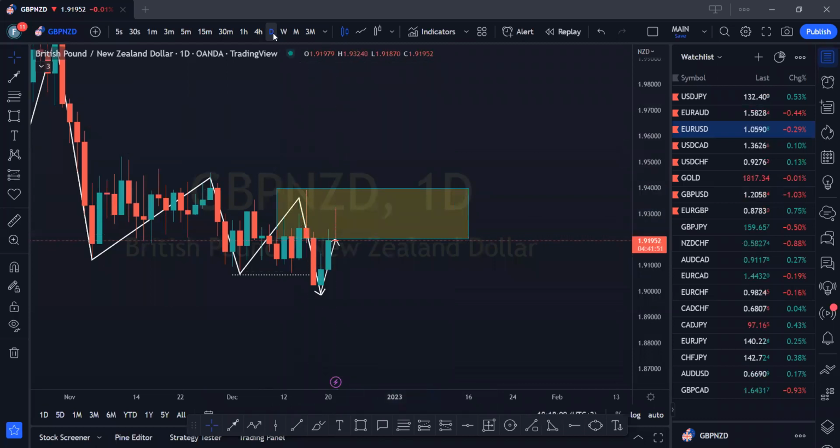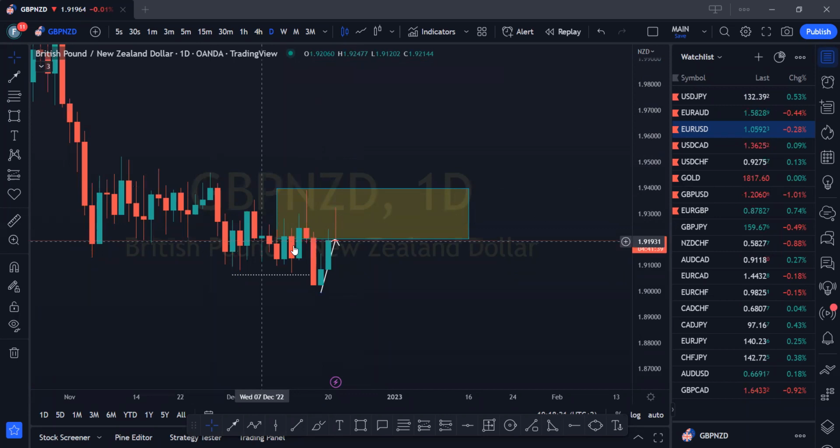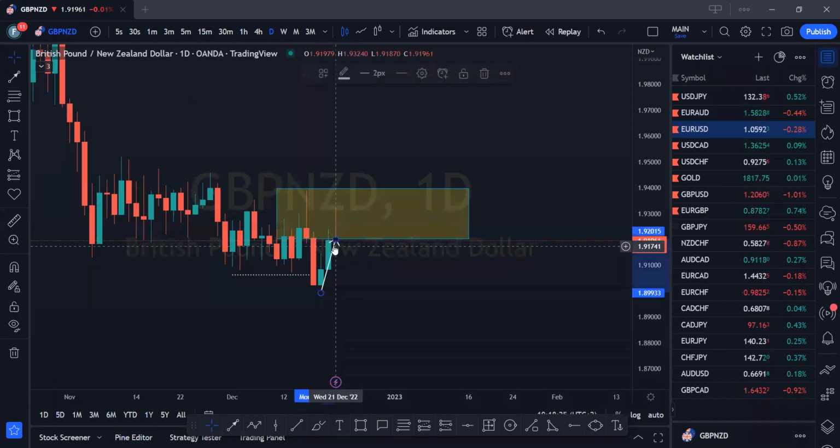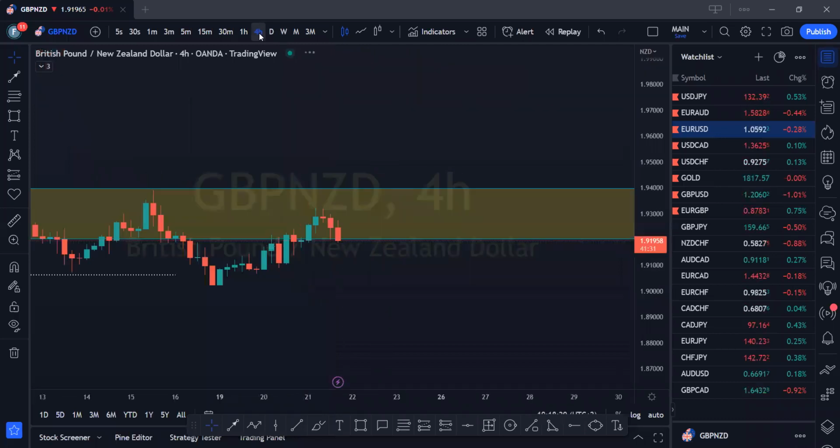If daily is saying that we should sell, that's a higher time frame giving us a story there. That means we want to go to a lower time frame and then look for an opportunity to do what daily says that we should do, right? So let's go to the 4-hour time frame and see if we have a setup to sell.